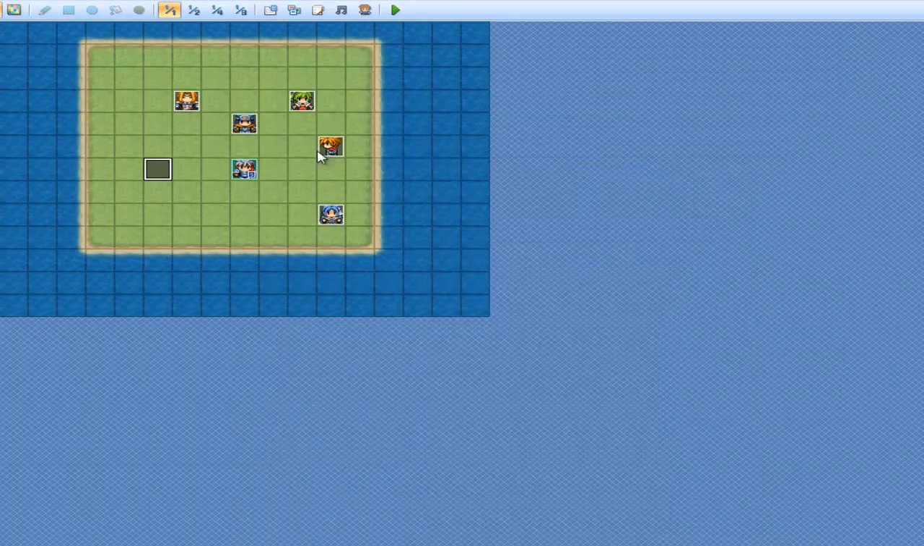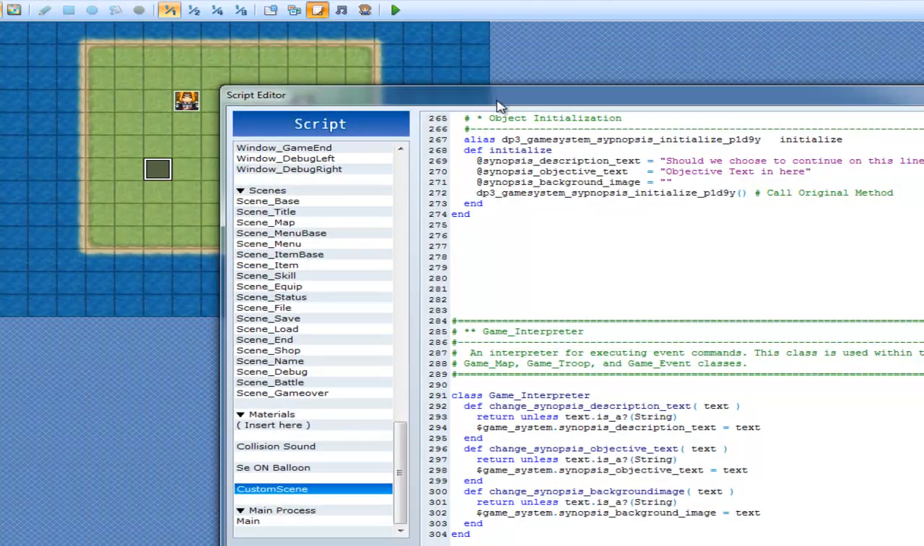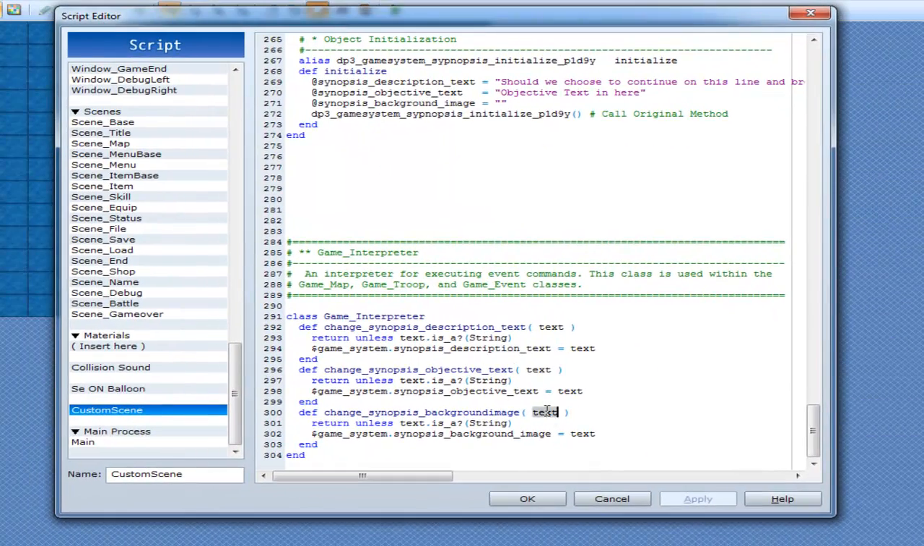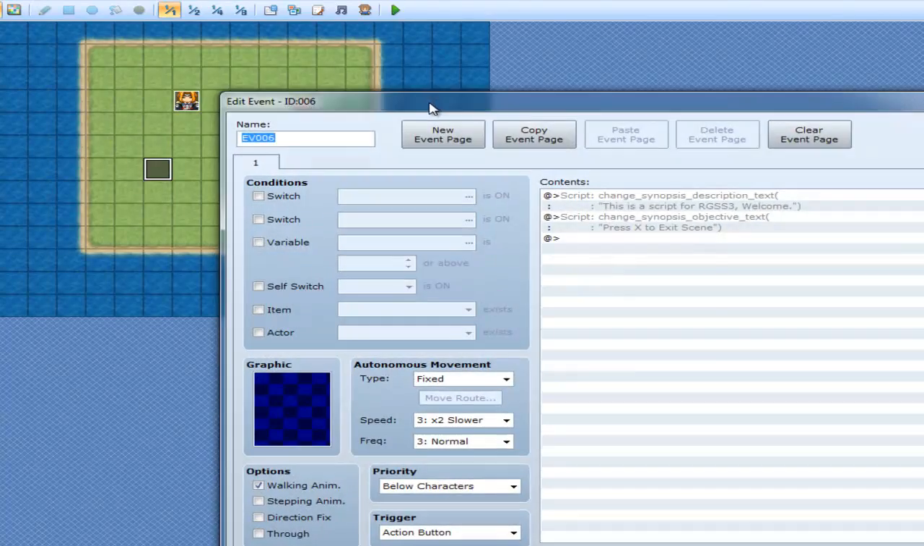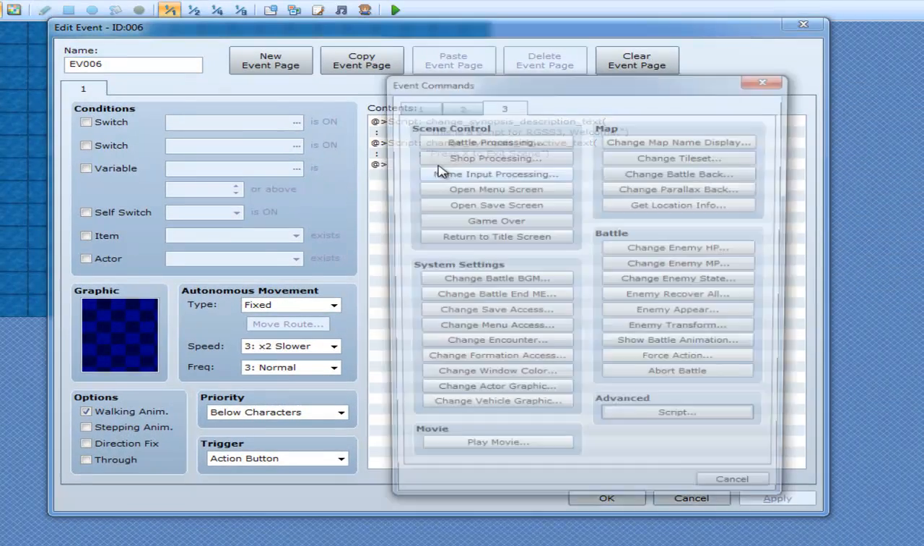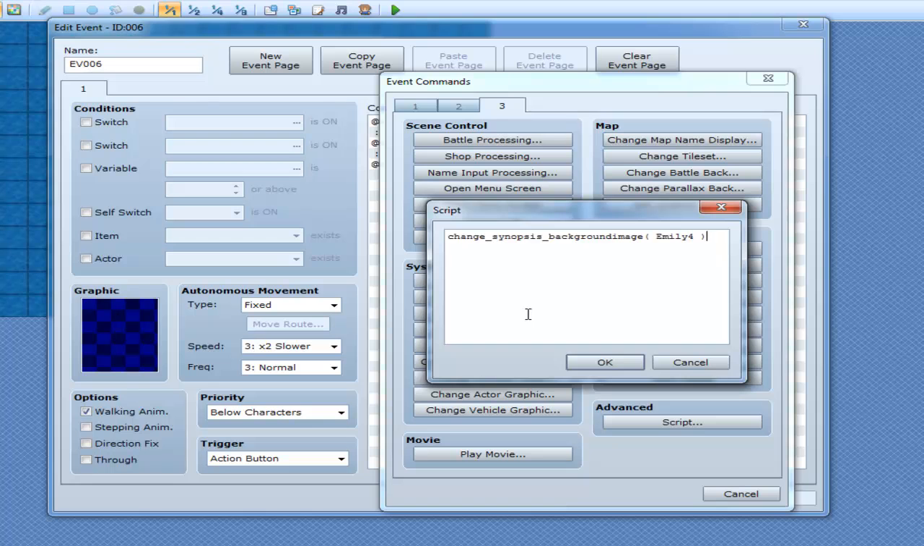Just for the moment. Script. Yep, script. Paste it in there. We're changing the background image to the image called Emily4. So,